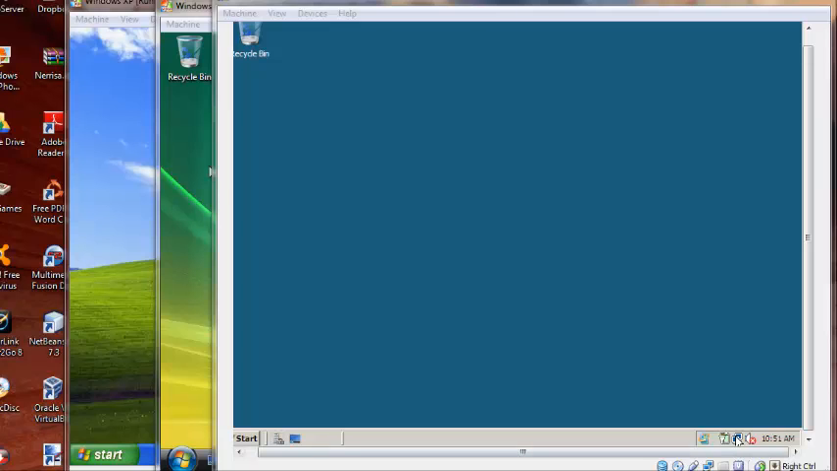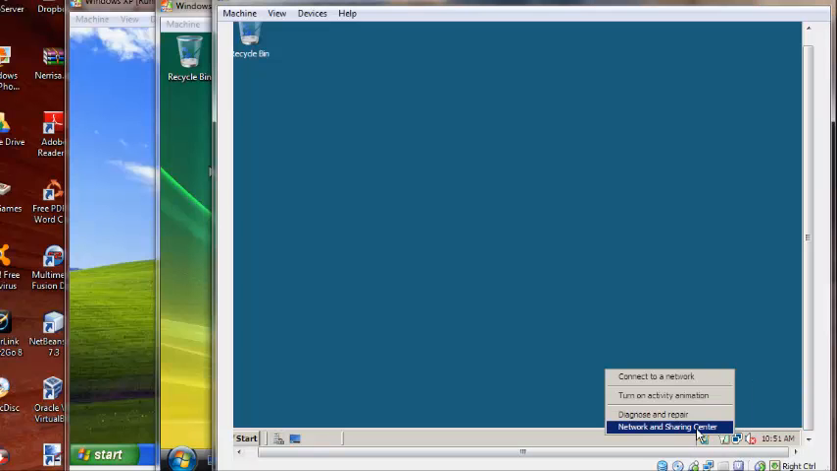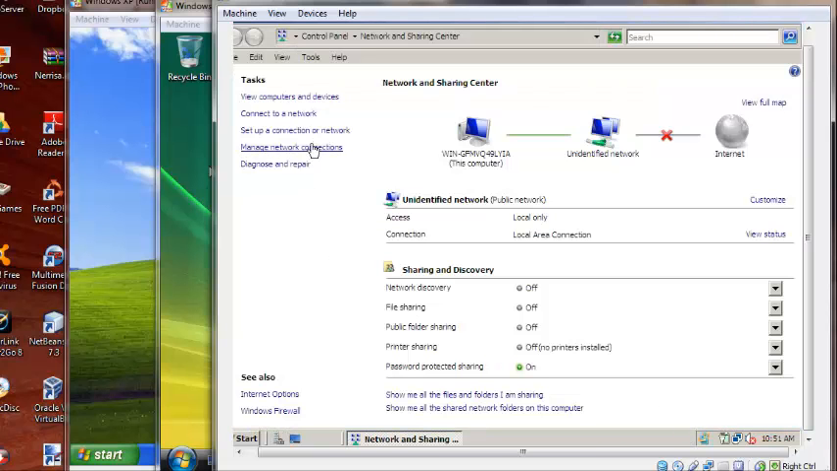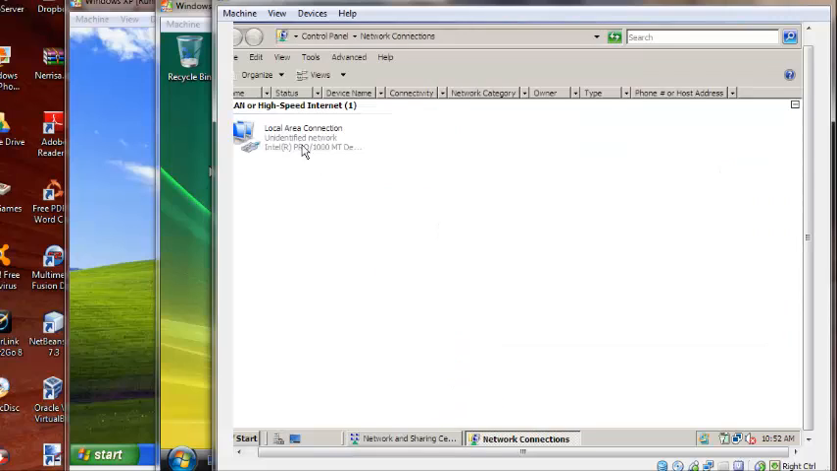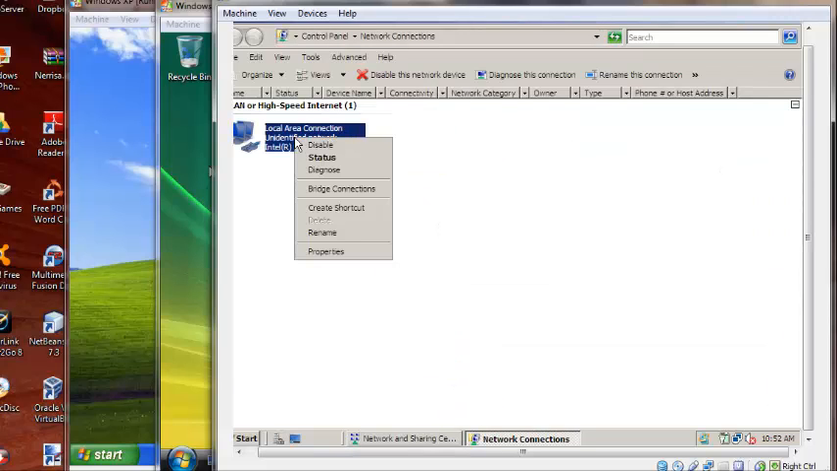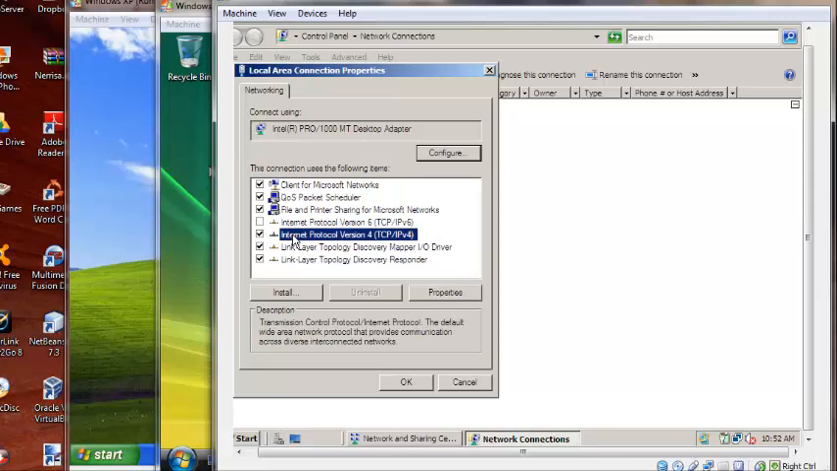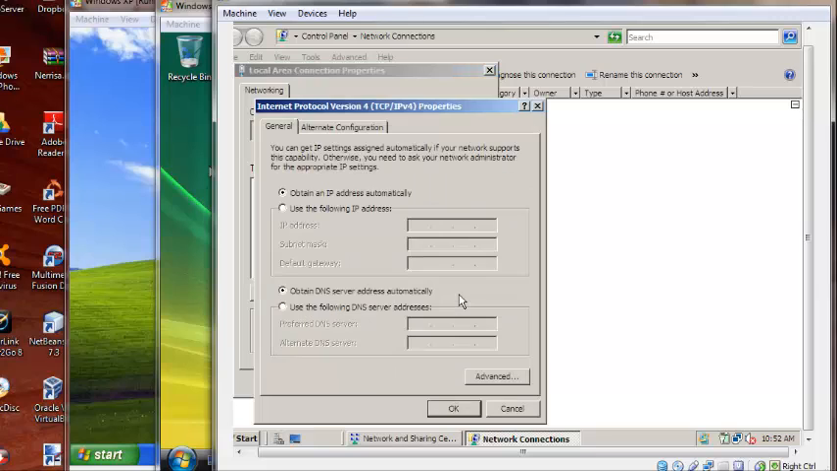Next, we are going to configure our machines by right-clicking on the internet connection icon, clicking Network and Sharing Center, Manage Network Connections, and we want to right-click on this here and select Properties. We will uncheck Internet Protocol version 6 for now and select Protocol version 4 with the properties. When this dialog box opens up, we'll select the option use the following IP address, and we'll give it the IP address of